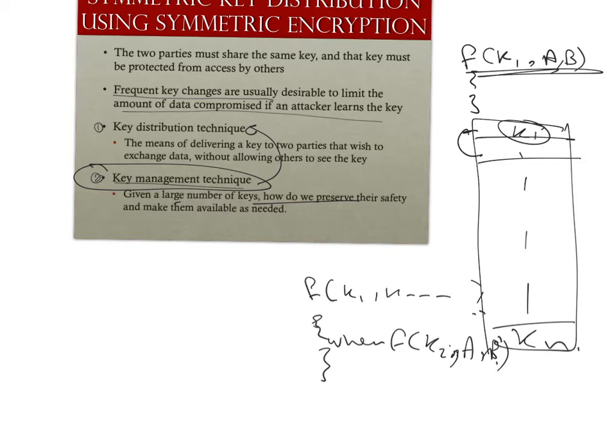Which key should I give to these communicating parties so that I can kick off the key distribution technique with this key and these two communicating parties, so that they can exchange that key and start communicating securely? Okay? So these two techniques work hand in hand. By the way, one of the things that is not addressed enough in the research community is this key management. Not many people